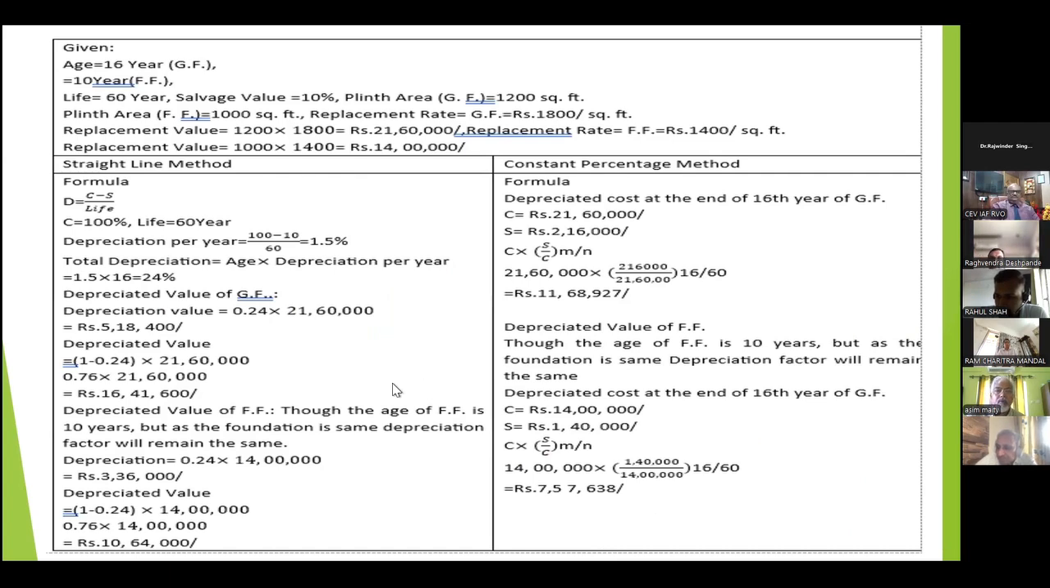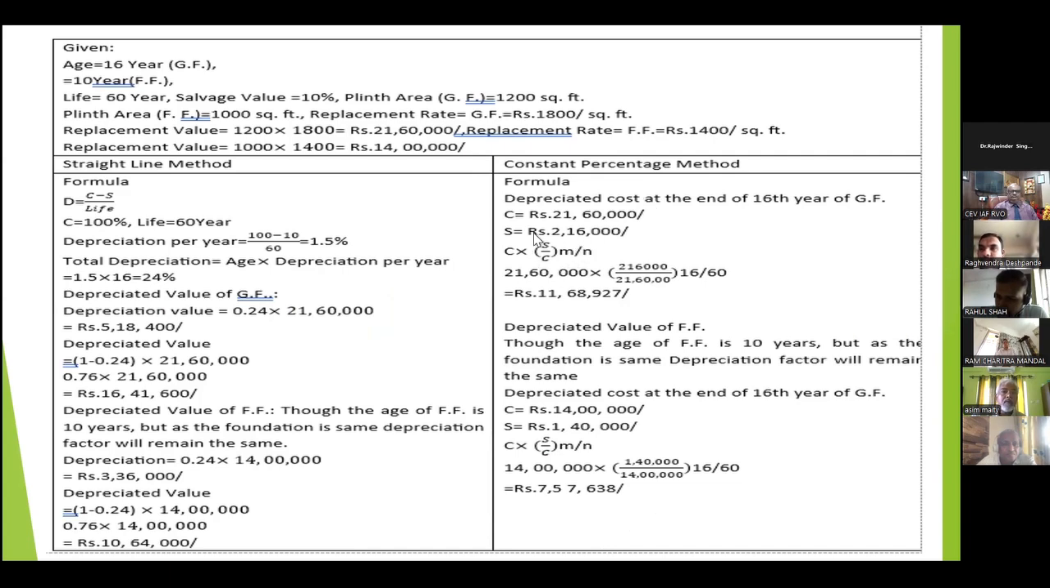So similarly, for the first floor, you calculate the depreciation at 3,36,000 and remaining is 76%. So remaining comes to 10,64,000. So you can add both of them. But in the constant percentage method,